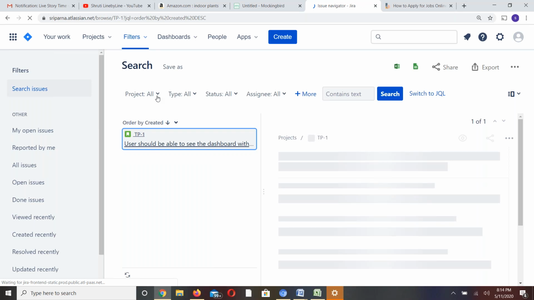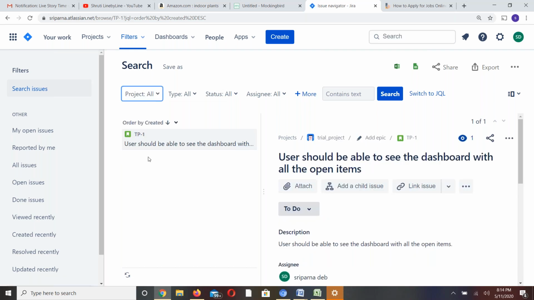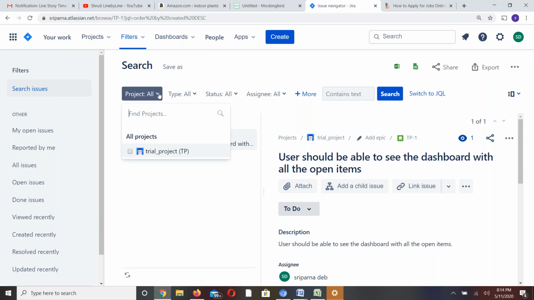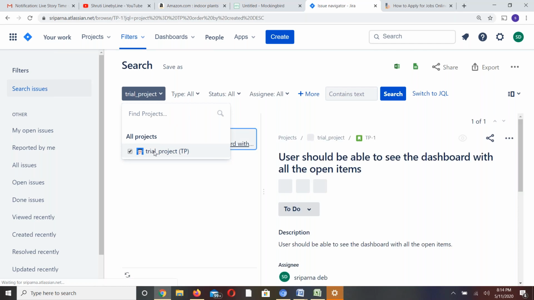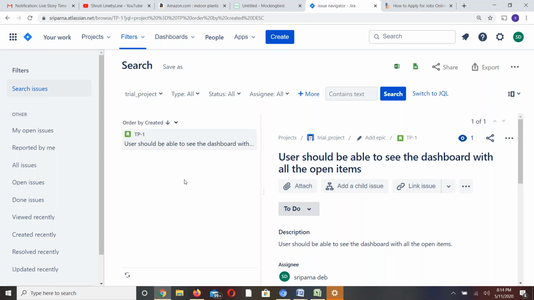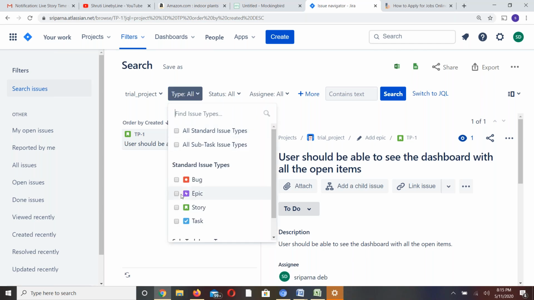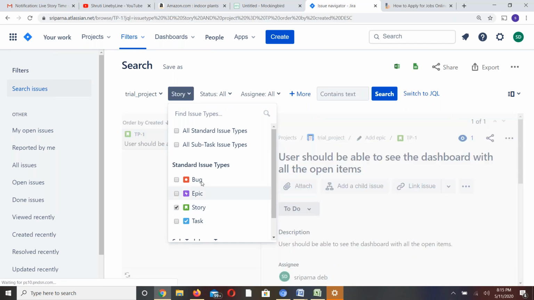So for example, you are assigned to multiple projects, so obviously you'll see a number of projects here. Here we have only one project. If you click on this drop down, this is more customized right now. You don't even need to know anything. You just need to select the right values from the drop down. And what is the type of issue that you would like to see, that should be a story or a bug or whatever. If you click on the drop down, you see the option story, okay, and whom it is assigned to.